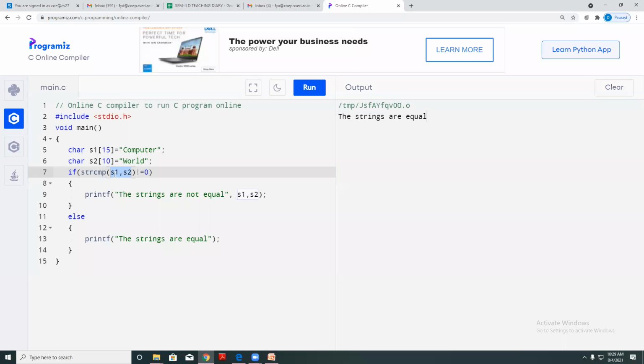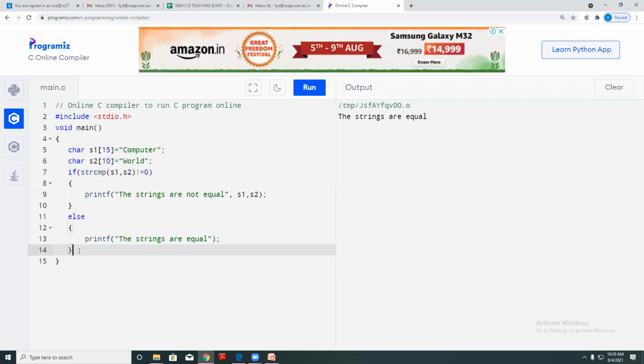Okay, if the value from s1 array variable and the value from s2 array variable are the same, हे जर दोन्ही same असेल तर याचा आउटपुट काय येईल? 0. And if 0 is not equal to 0, that means this condition is false, so it will go to else and it will execute this. Okay, this is the string comparison.